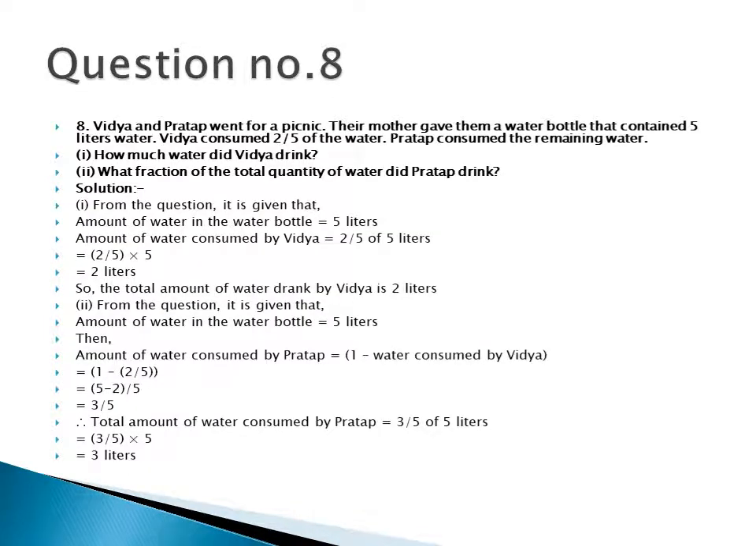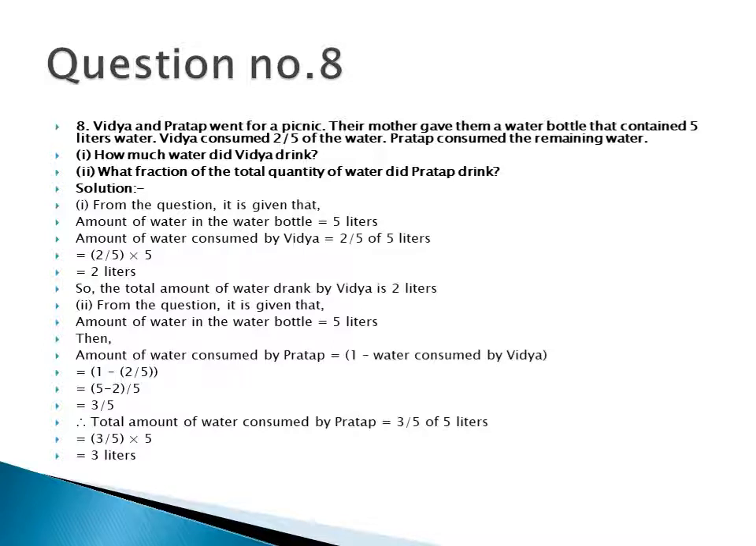Question number 8. What does the statement of the question say here? Vidya and Pratap went for a picnic. Their mother gave them a water bottle that contains 5 liters of water. Vidya consumed, means when Vidya drinks, how much water? 2 by 5th of the water. Pratap consumed the remaining. The remaining water was drunk by Pratap. How much water did Vidya drink? First bit you have to find out, and the second bit,